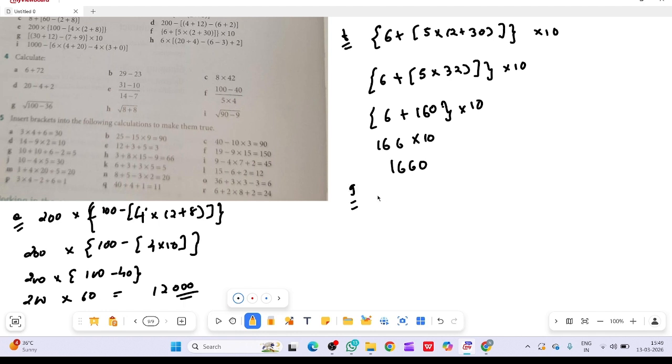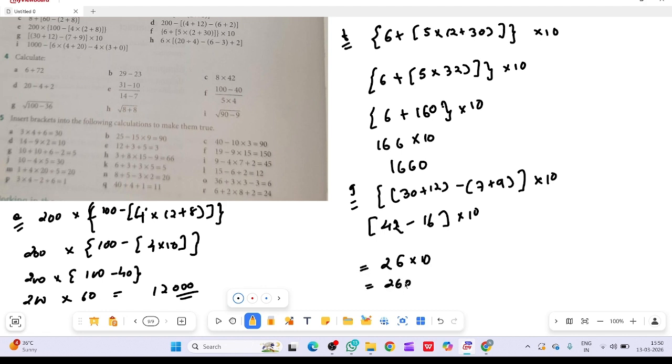So G is flower bracket, small bracket, 30 plus 12 minus 7 plus 9, then square bracket into 10. Okay. So 30 plus 12 is what? 42 minus 7 plus 9 is what? It is nothing but 16 into 10. So this is nothing but 6, and 3 minus 1 is 2 into 10. So which is nothing but,